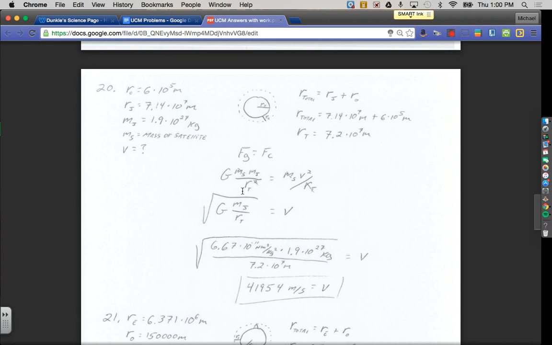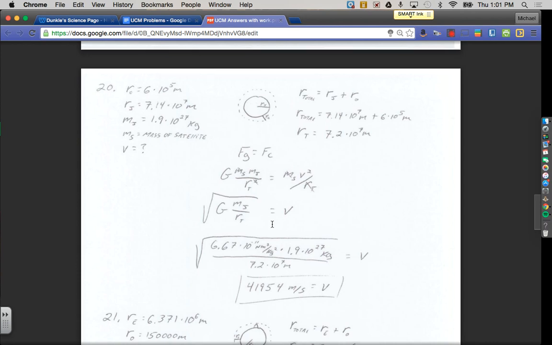So the force of gravity is given by Newton's law of universal gravitation. For the centripetal force, I'm going to use the mv squared over r version because we're looking for velocity. The mass of the satellite is on both sides, so that will cancel. I have an r squared in the bottom here and just one r in the bottom, so this r cancels with the squared. And in order to solve for velocity, I just have to take the square root to get rid of my squared, which is why on the left I have the square root of big G, mass of Jupiter, divided by